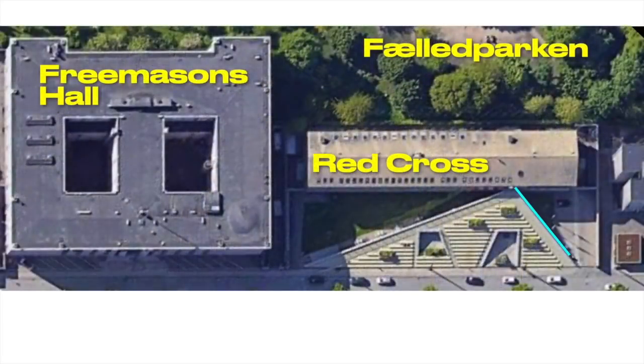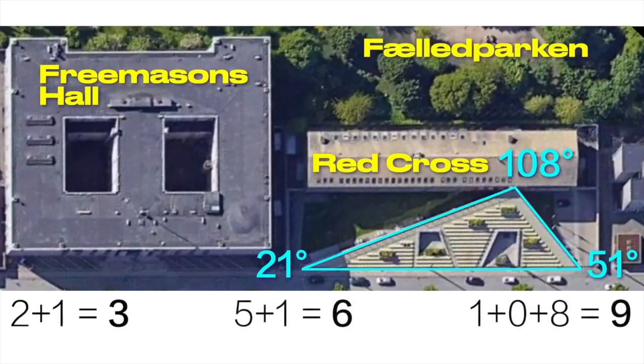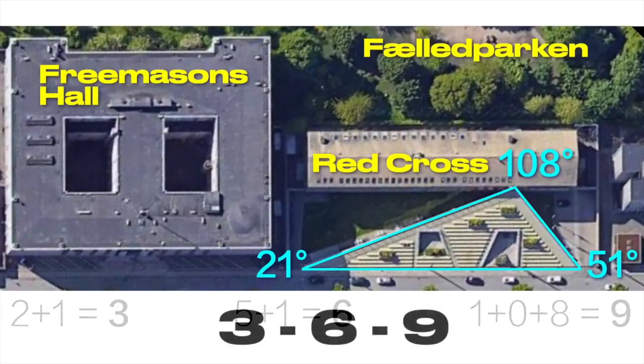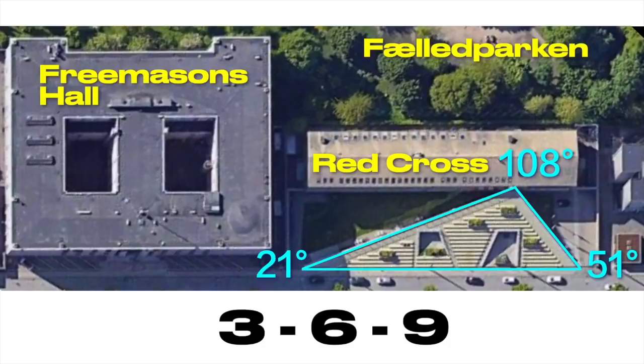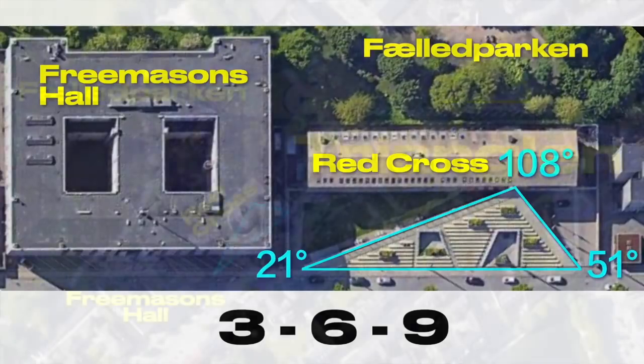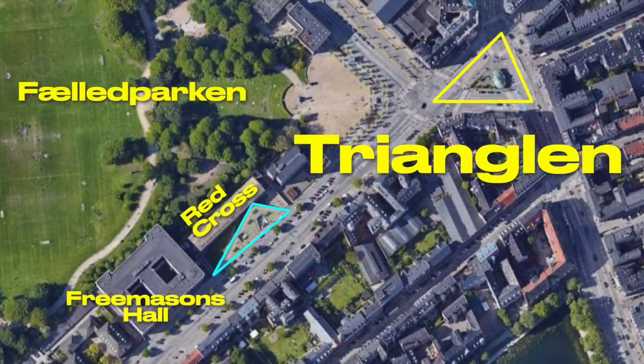And just for fun, if we measure the triangle of bricks in front of the Red Cross building, we find angles of 21 degrees, 51 degrees, and 108 degrees. These numbers reduce down to 3, 6, and 9. And as my friends in the Ghosts of Bacon group are always reminding me, 108 is Francis in reverse cipher. It's not surprising that both of these buildings are located in a part of Copenhagen known as Trianglen,